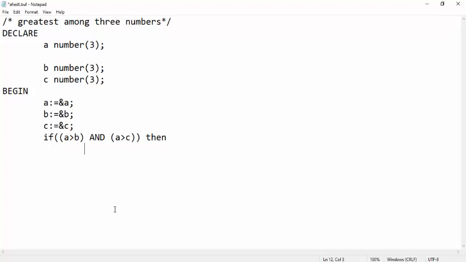So you have to display dbms_output.put_line. Within parentheses, the value of a concatenated with 'is greatest'.